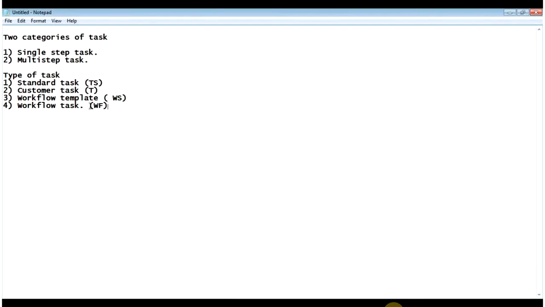The second one is customer task. The third one is workflow template. And the fourth one is workflow task.